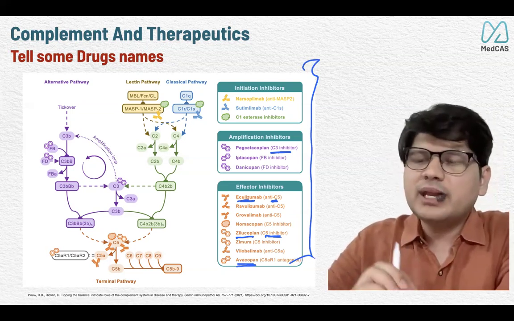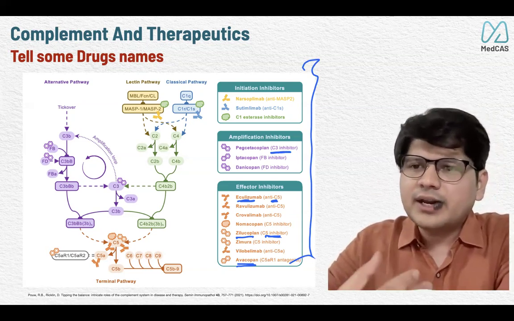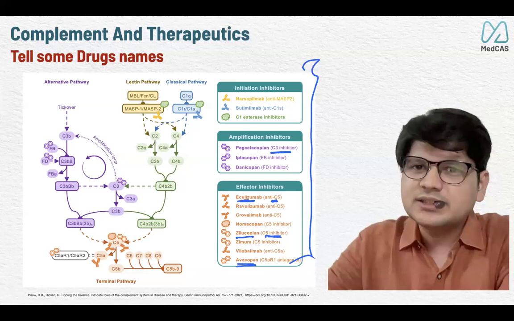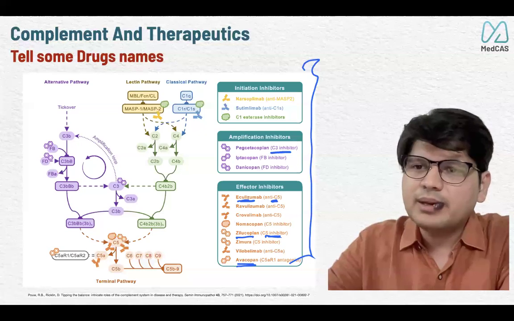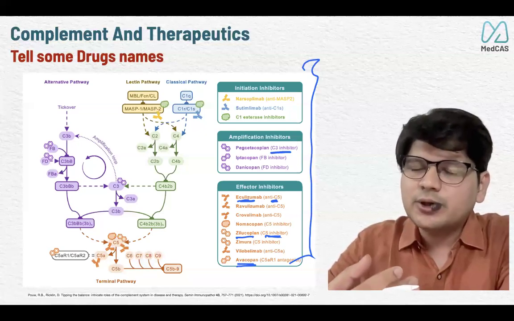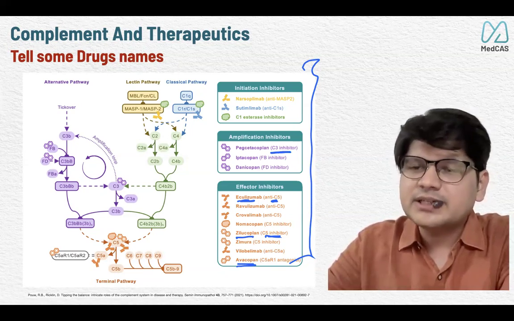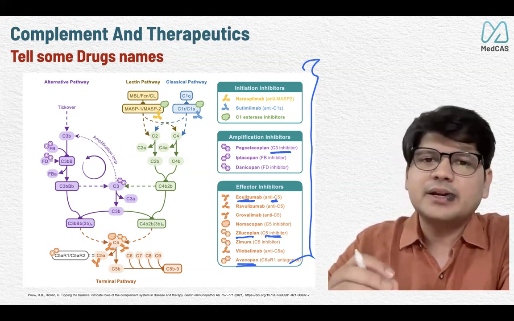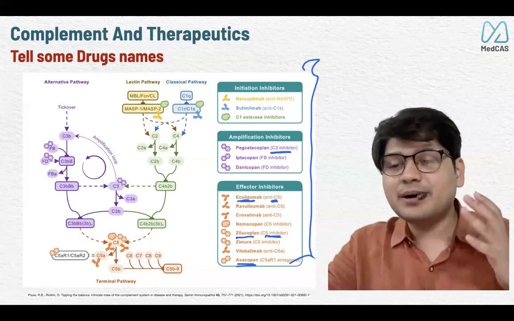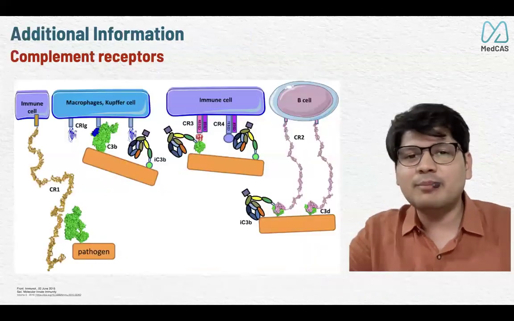So now you know very basics of complement, that how they were discovered, where they are, how many they are, where they are synthesized, and then going further, what are the pathways of complement? What happens as a result of complement activation? What happens if complements are disturbed, the disease associated with that? And what are the complement targeted therapies, right? So this is the perfect short note to write in your theory exam. You know almost everything about complement now.